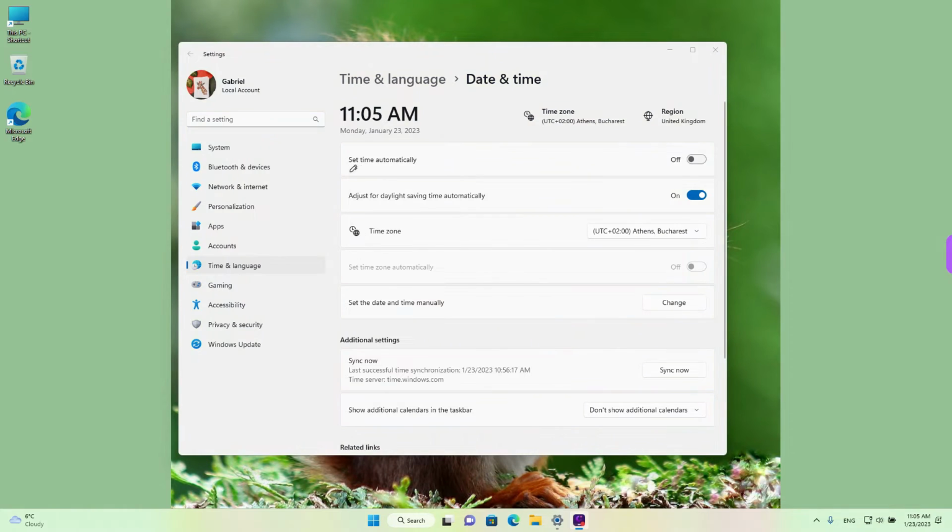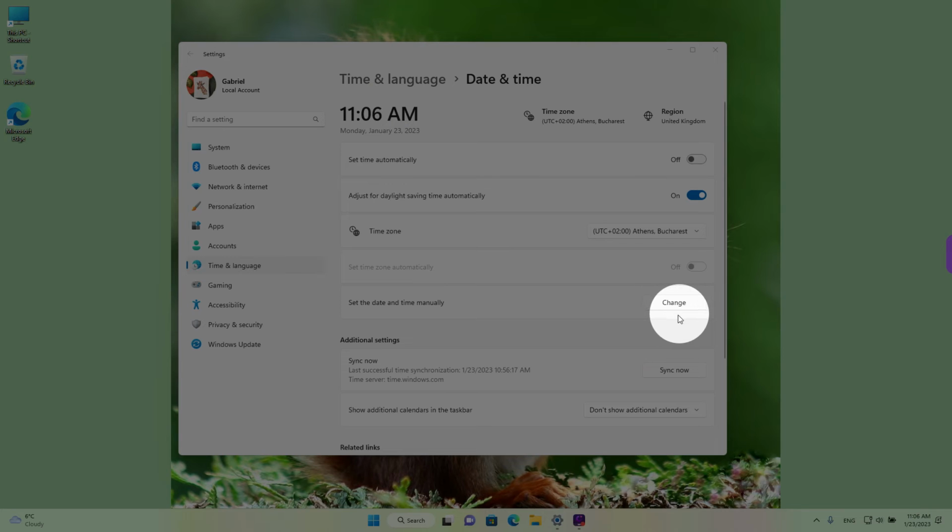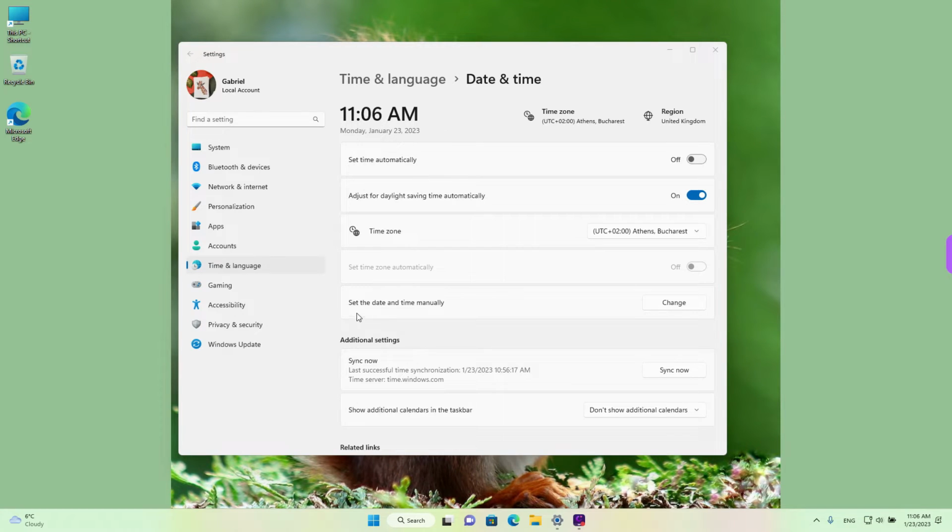First, you want to have a look to see if set time automatically is turned off. If it's turned on, the date won't stay as you set it. It will be synced from the internet. If it's turned off, just left click on the button here that says change next to the set the date and time manually option. Left click,